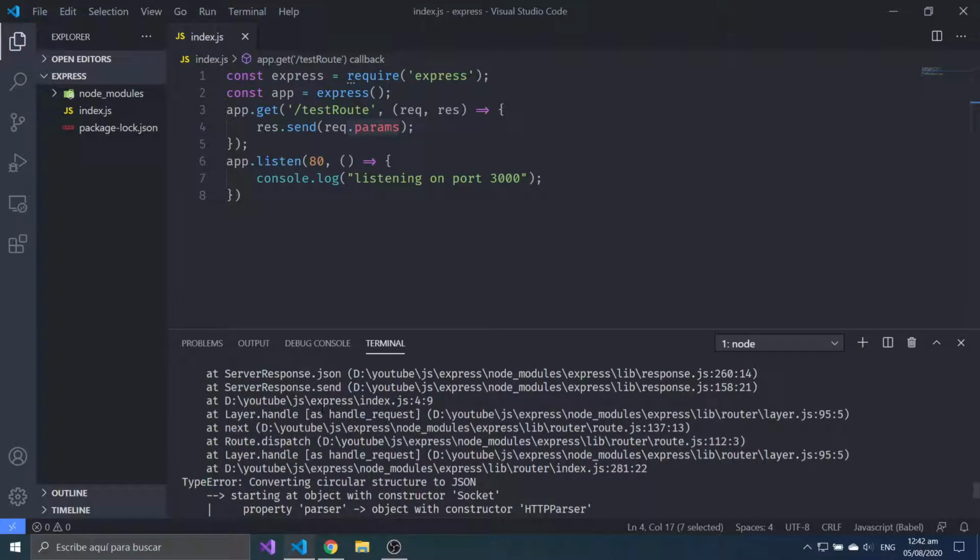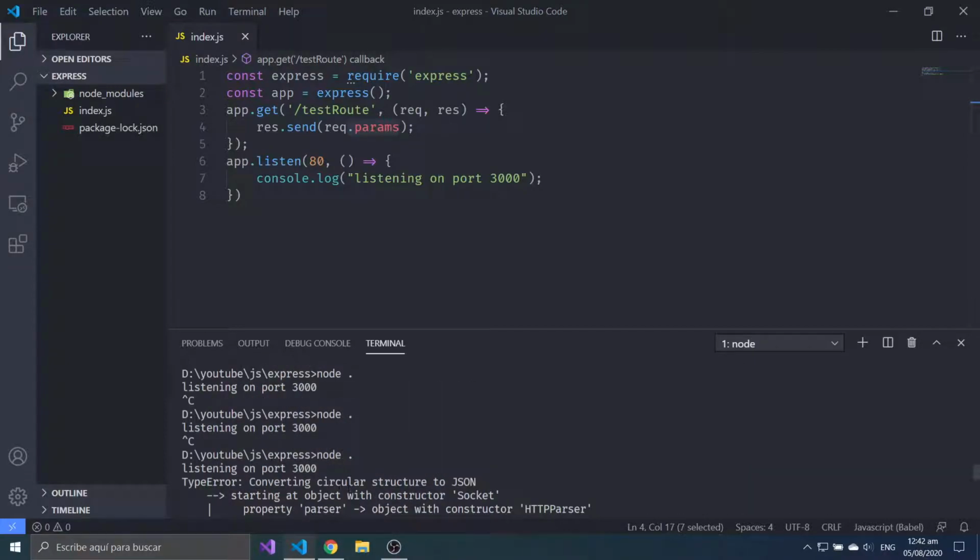You can search them up. Here it says converting circular structure to JSON cannot happen because it's going back. If you were to have an object, for example this object, you have many values like name,